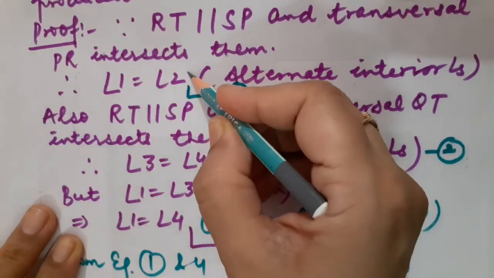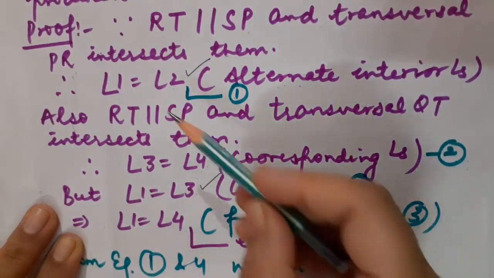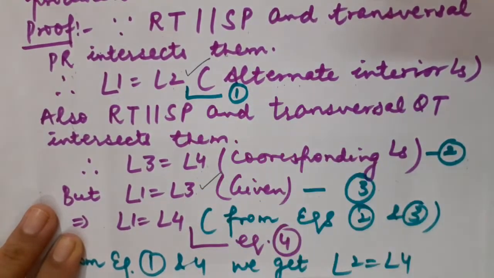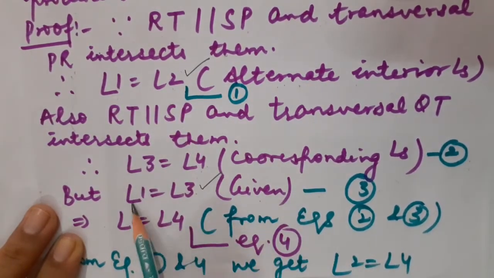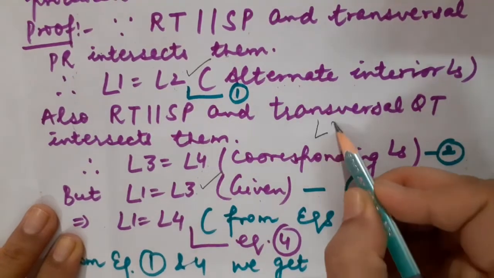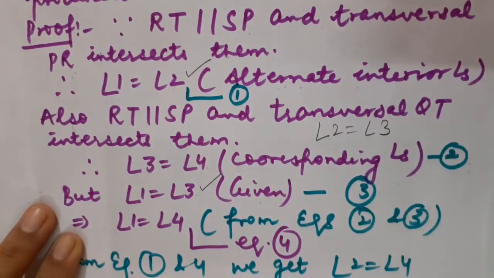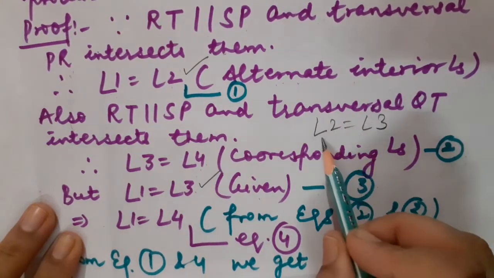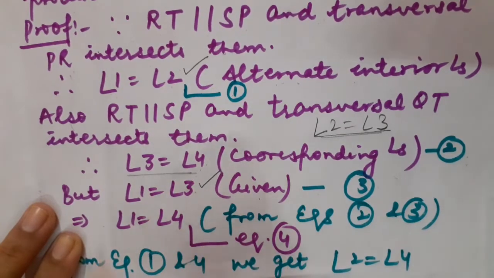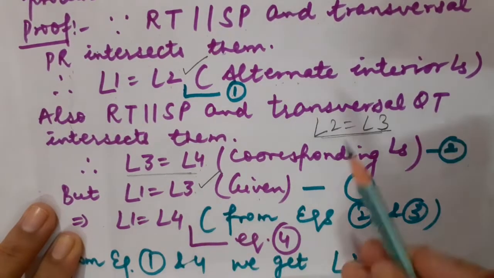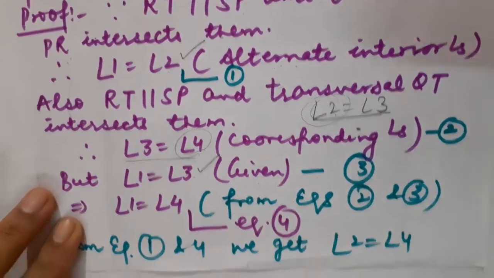So first of all I am going to take equation number 1 and equation number 3. What can you conclude from these two? As angle 2 is also equal to angle 1, angle 3 is also equal to angle 1. So can I write that angle 2 and angle 3 are also equal to each other? Yes or no? Fine. Now you use this condition, angle 2 is equal to angle 3 and angle 3 is equal to angle 4. So what can I say? That angle 2 is equal to angle 4.